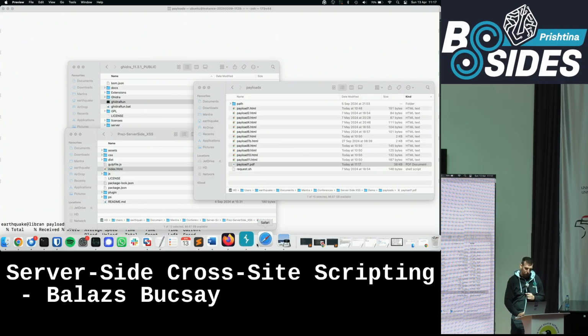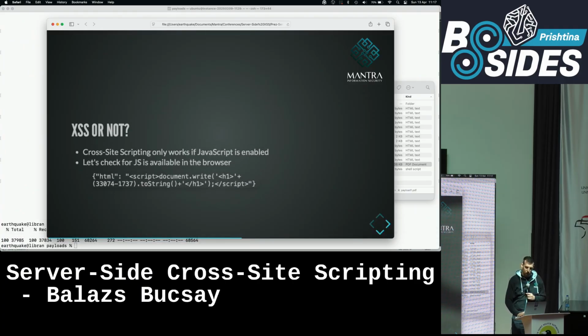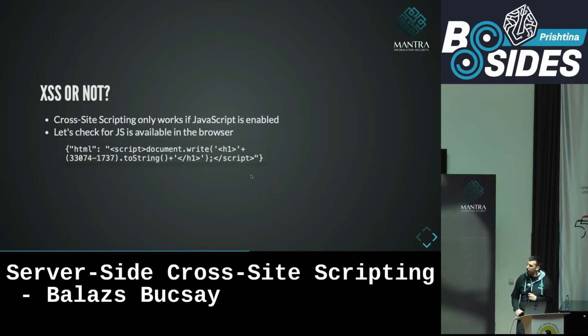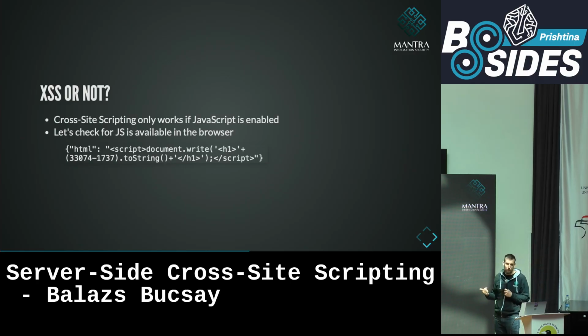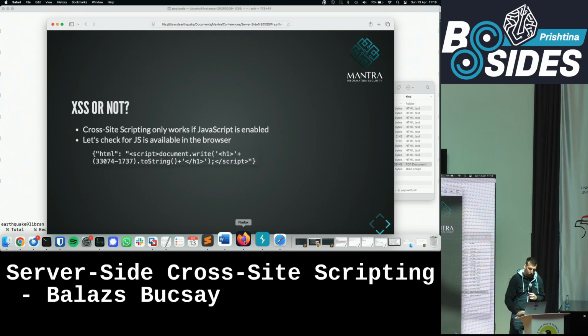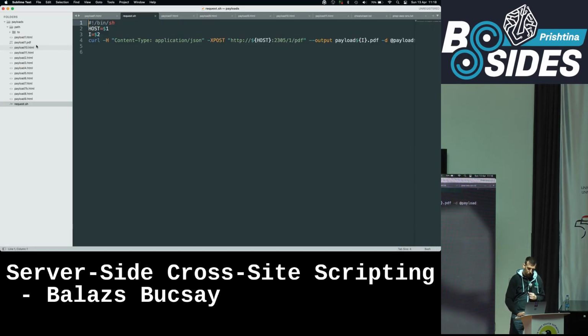So what does that prove to us? Basically, it proves that the headless Chrome browser on the server side has internet access. I could connect to my own server from that Docker container. So basically, I can render any website from that Docker container from the internet, right? So the next thing that I want to check is whether it has JavaScript enabled. So what I'm going to do, I'm going to use that payload or a similar payload. Oh, oops, not that one.